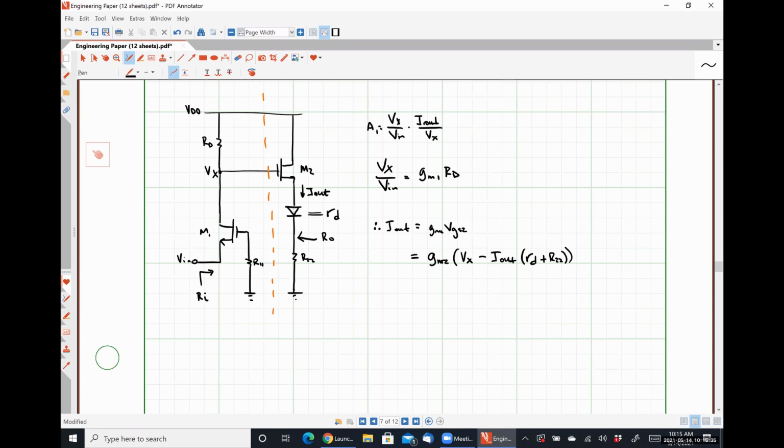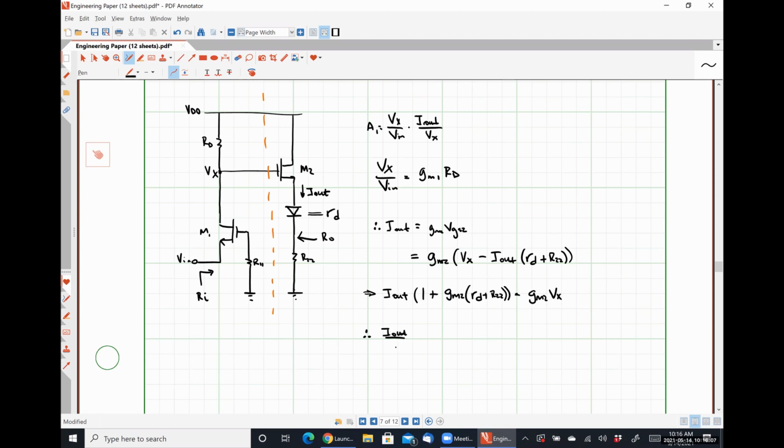And so I can see from this that I'm going to have I out times 1 plus GM2 RD plus R22 is equal to GM2 Vx, giving me a transfer function